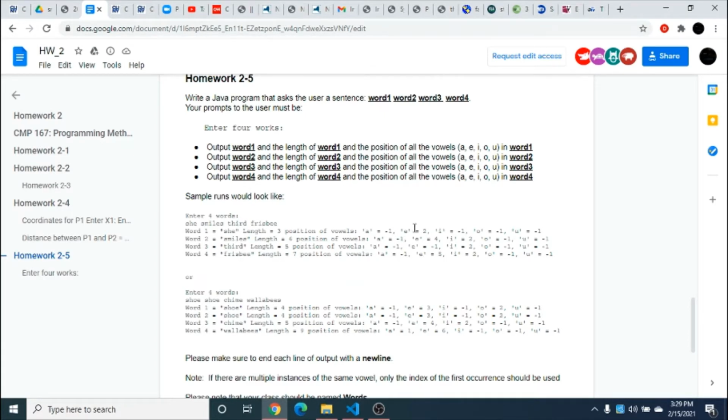There's an E in she, so you get position 2. There's an E in smiles, so you get position 4. There's no E in third, so you get a -1, right? But hopefully you start to catch on to what I'm saying. And if you're asking yourself, well,